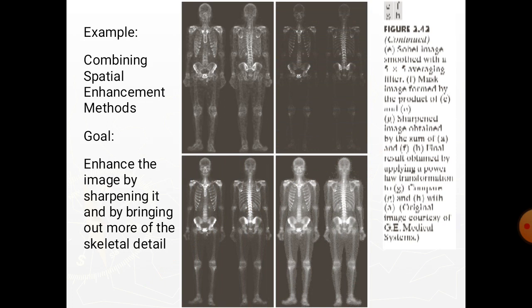After a few trials with this equation, we arrived at the result in figure H, obtained with gamma equal to 0.5 and c equal to 1. Comparing this image with figure G, we can see that significant new detail is visible in figure H. The areas around the wrist, hands, ankles and feet are good examples of this. The skeletal bone structure also is much more pronounced, including the arm and leg bones. Here figure H represents a significant visual improvement over the original image.